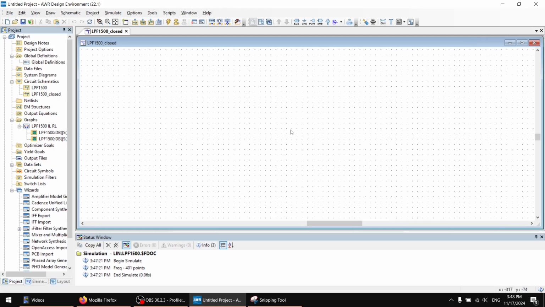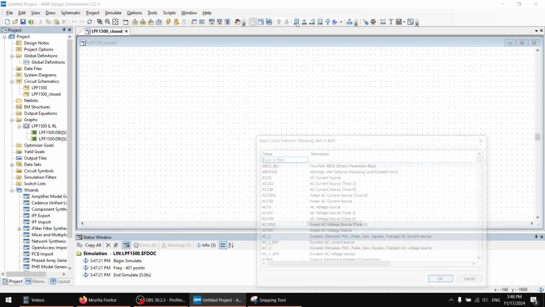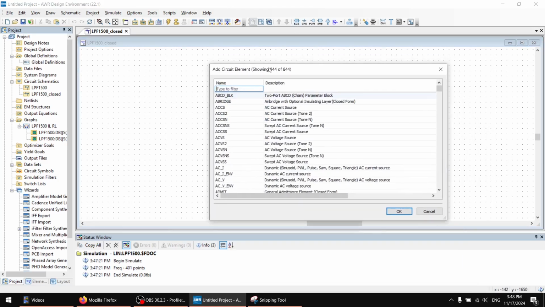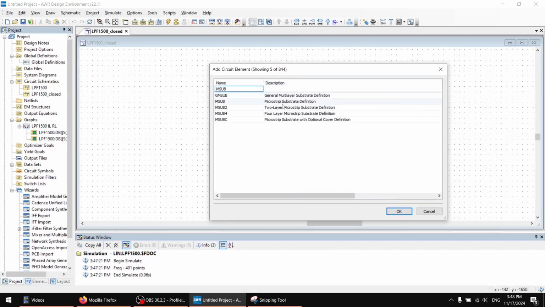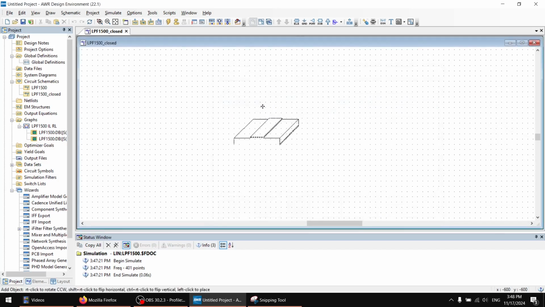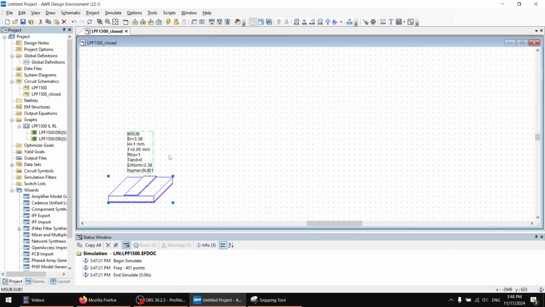You cannot start with a number, I think, but you will probably run into this at some point. Let's open the element menu and add msub. So this is the definition of a microstrip substrate. This is very important, and you have to remember about it when you start the project, because all the other elements will be assigned to this definition of a substrate. So if you're not sure what those things here name,